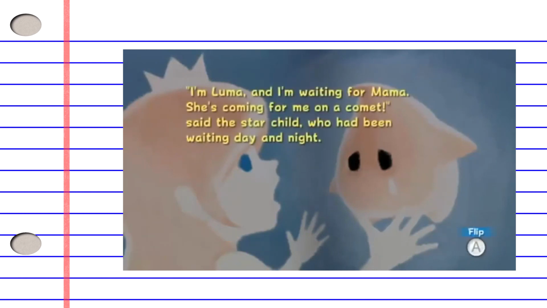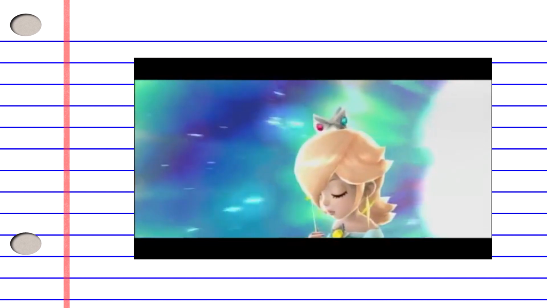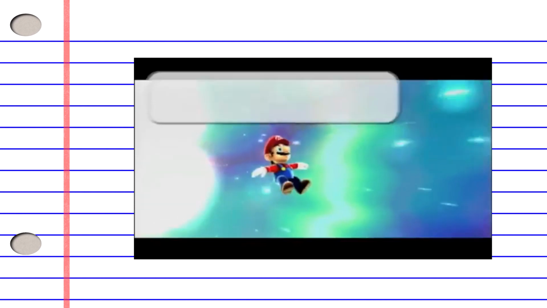Then that would mean she would want to go home, but can't, because the one she remembers as it was is gone forever. So she instead finds comfort in the baby Lumas surrounding her and how they don't have a mother either. Okay, so what? So she decides to become their mother and look after them. And as seen at the end of the game, she realizes the cycle of life and death as she explains it to Mario. One of Rosalina's inner values is knowing that what she loves will leave her, but that doesn't mean you shouldn't value the time with it.